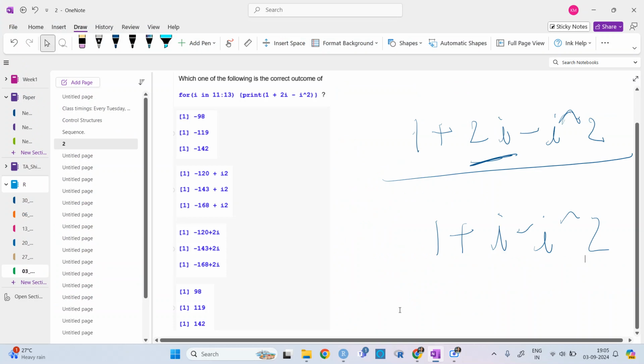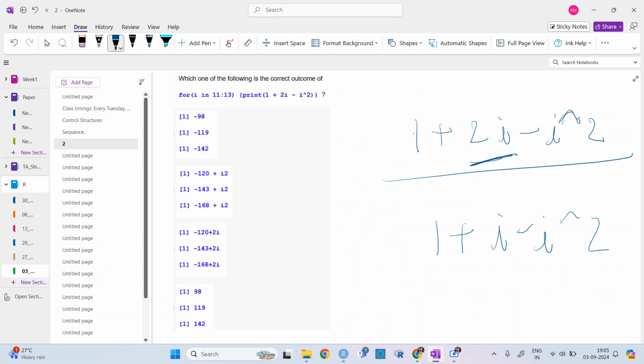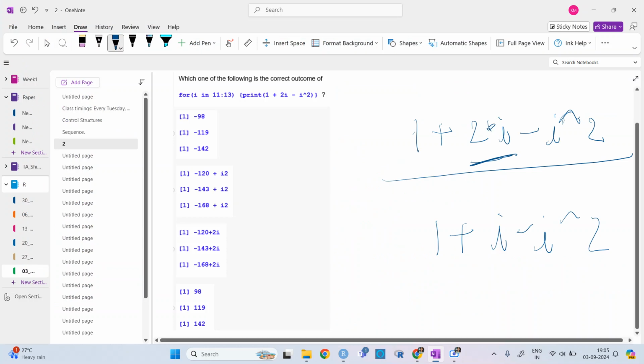So that needs to be remembered, that if you want to do 2 multiplied by i, then when we write it in the copy, like on pen and paper, we do not write the sign. But in R, or in any coding, if you want to do the multiplication, there needs to be the sign of multiplication. It will not take it on its own, right?